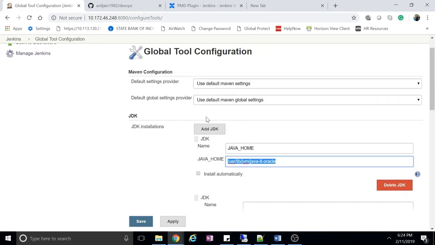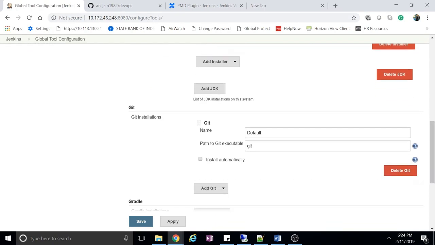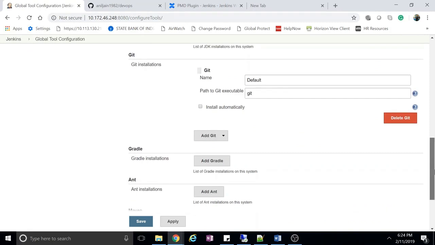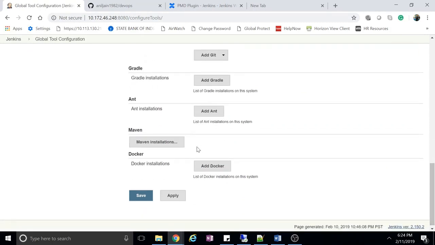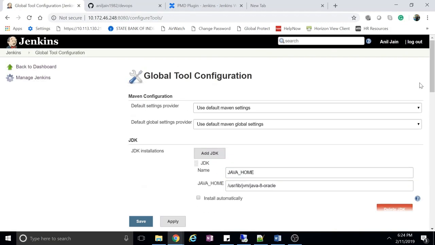Then after that we did Git, we specified the Git tool. Then we did the Maven installation. Here we directly give a name, Maven home, and install automatically, and we provide the version. So all these things we did in the last session. So on the tools, everything is done. To create a job,